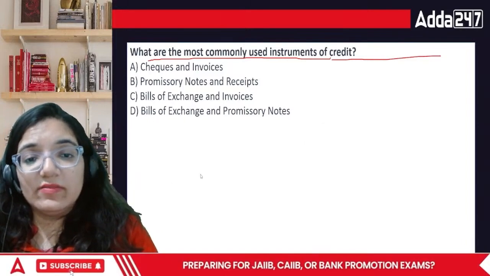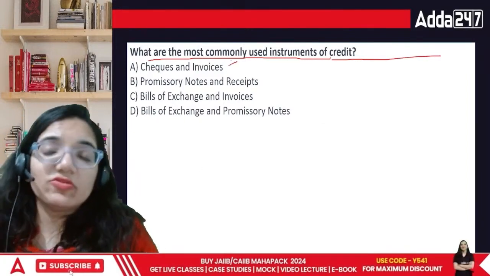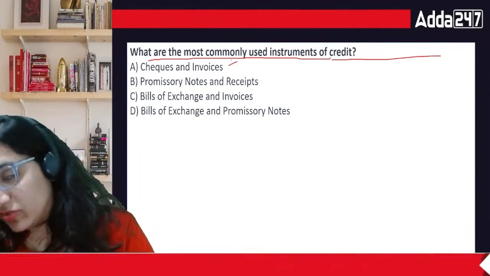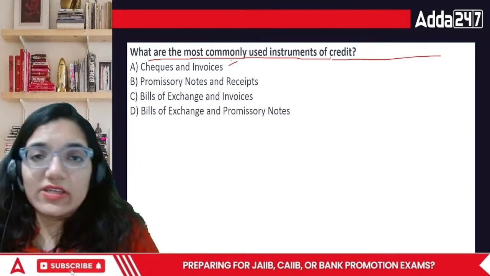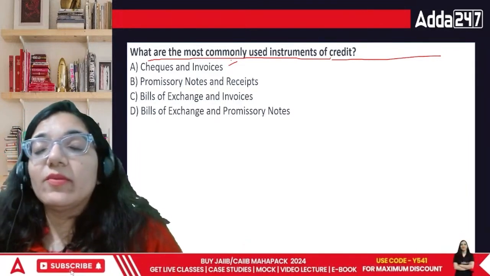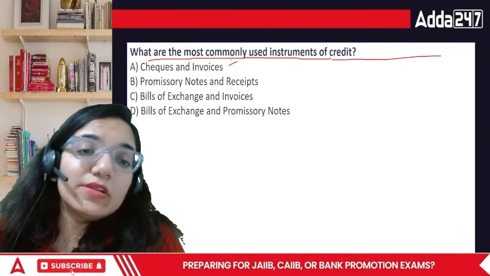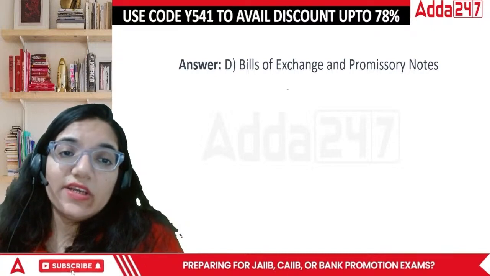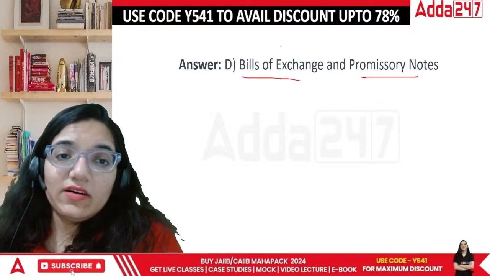Is it the bills of exchange or bills of exchange and promissory notes? Checks and invoices, though checks is also one of the negotiable instruments, but this is not used on credit. The back date or future date checks are normally not that much used. It is used widely, but the popularity of it is not that much as the bills of exchange and promissory notes. Both of these are strongly used, but if I look at the legality now, bills